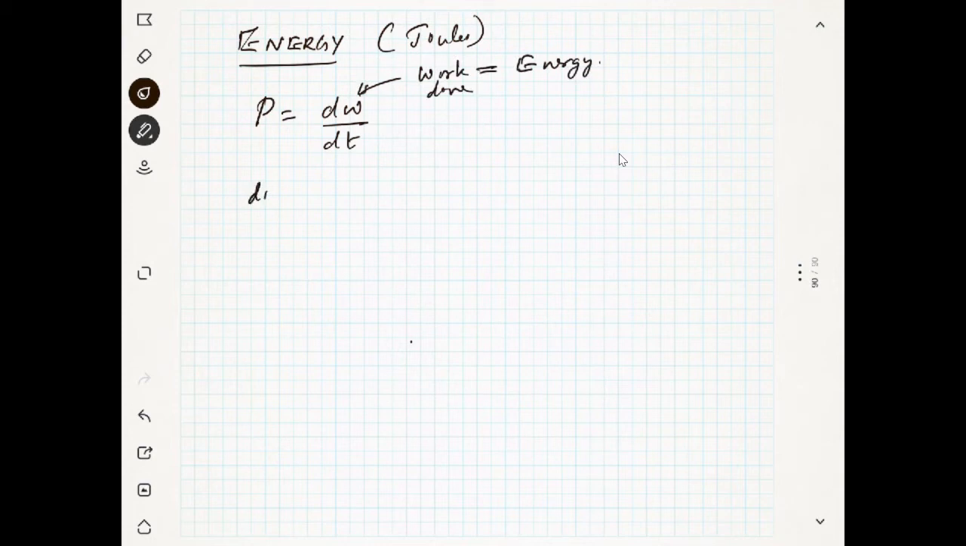So I can write this dW, a small portion of the W, as power into dt. So you can find W as the integral from minus infinity to t of p dt. Why am I taking minus infinity? Anybody? It is not 0 to t. Minus infinity means,